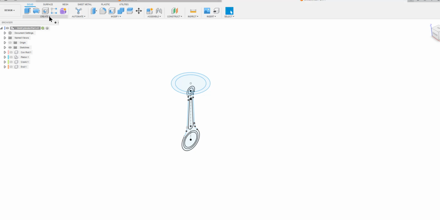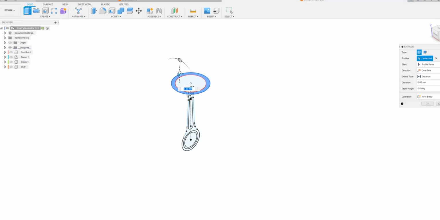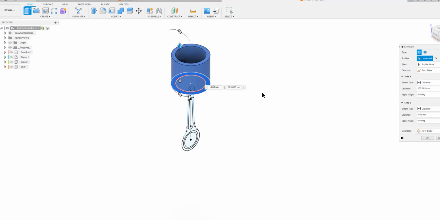I can create extrude, and what I want to extrude is here. I can extrude it up. Let us say the extrusion is both sides, 2 sides, so I can extrude it up and down a little bit. Let's hope that's not too much. And then make a component out of it. New component. I'm going to call that component